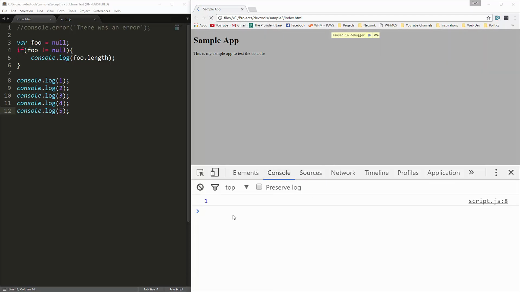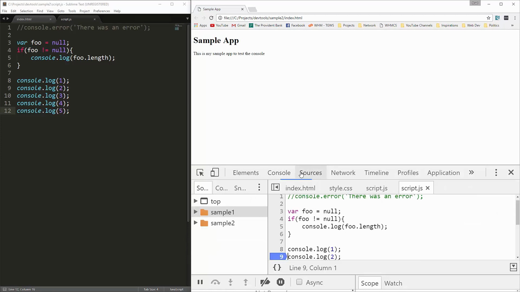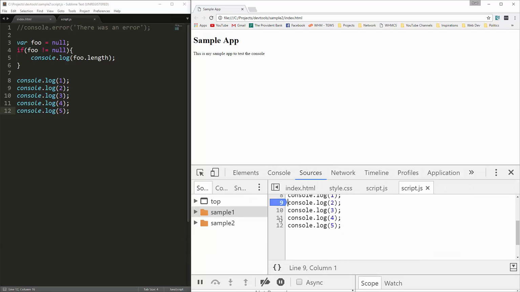And if I look in the console, you'll see that we only get 1. Okay, the script is paused. You can see right here it says paused in debugger. Alright, and if I click the resume, it'll just resume the rest of the script. Alright, so if I add another breakpoint, let's say right here, actually we'll just add one there